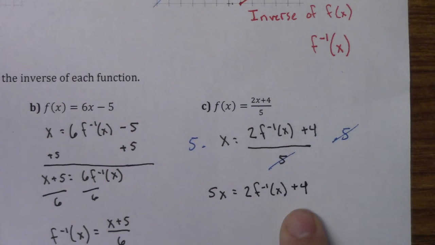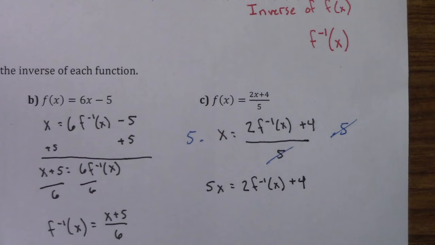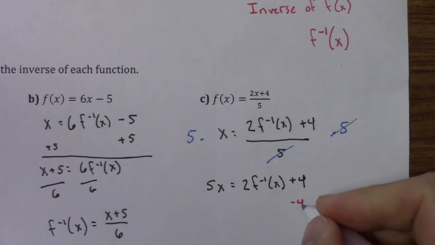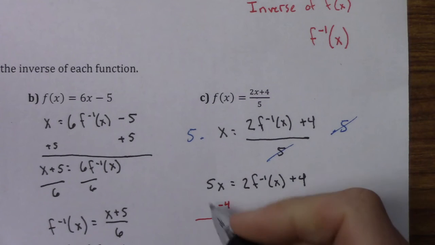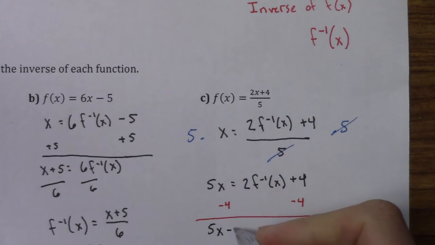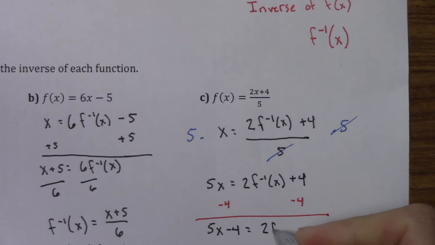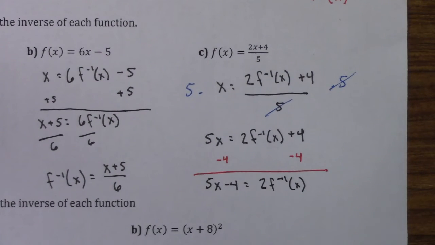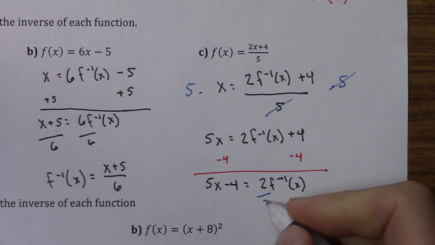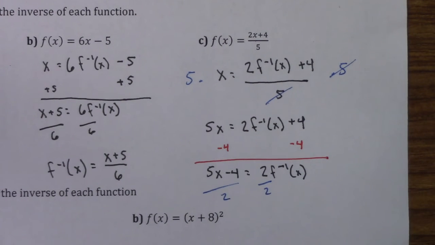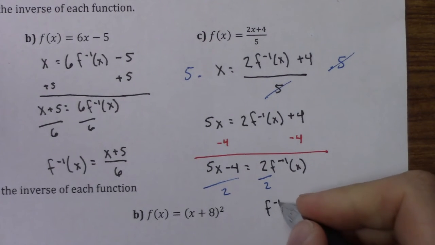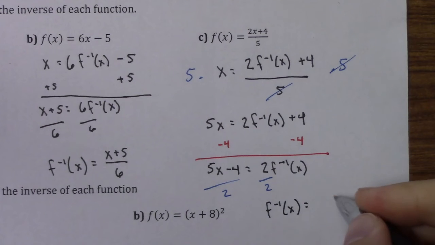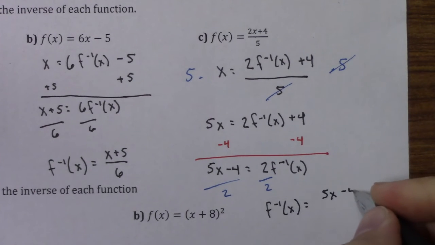And now it's very similar to the problem we had just prior. I need to subtract 4 from both sides. So now I've got 5x minus 4 is equal to 2 f inverse of x. And then finally, I'm going to divide both sides by 2, meaning the whole side. So I'm able to write my final answer of f inverse of x is equal to 5x minus 4, all